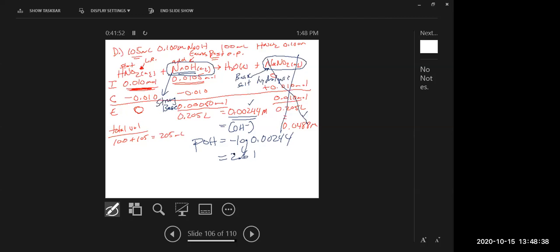it should not make sense because it should be basic at this point. The pH at this point should be 14 minus 2.61, and that is 11.39, which is definitely basic and what we would kind of expect at this point in